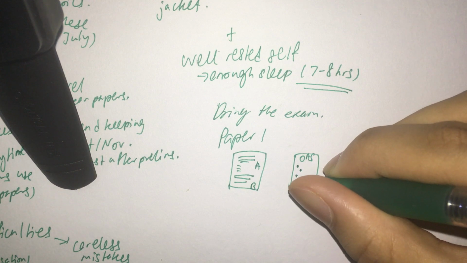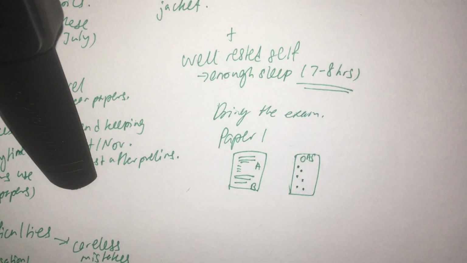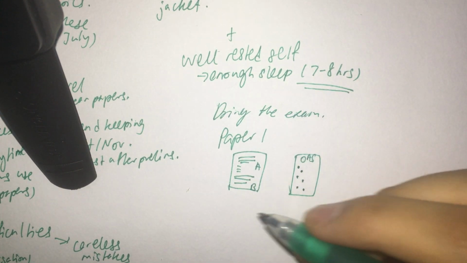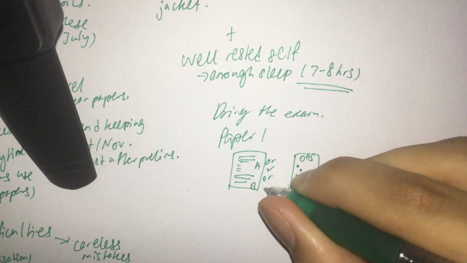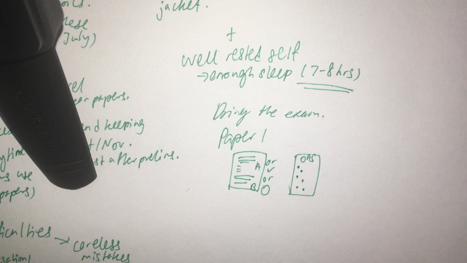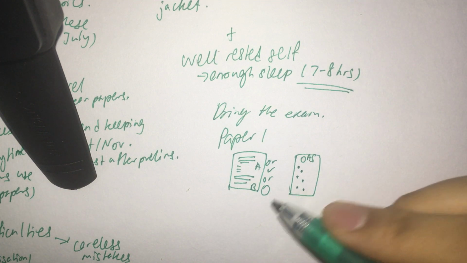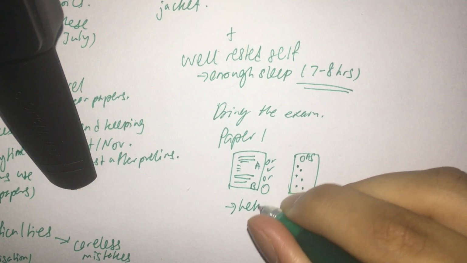So by writing, you don't really need to write it per se. You can just take the answer or circle it or do whatever you want. Or if you're really like me and need to write it down, just write it down. Because the important thing is you're more likely to write the answer that you intended to write in the question paper than if you were to not write it at all in the question paper and to directly shade it